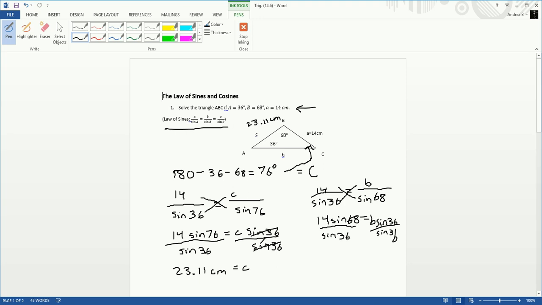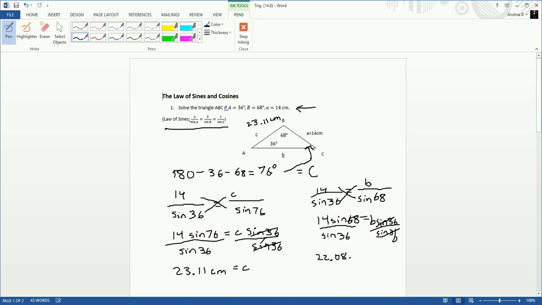Because then our sine of 36 cancels out with the sine of 36 we had in the denominator there. And then if you go through and do the 14 times the sine of 68 divided by the sine of 36 there, you should get about